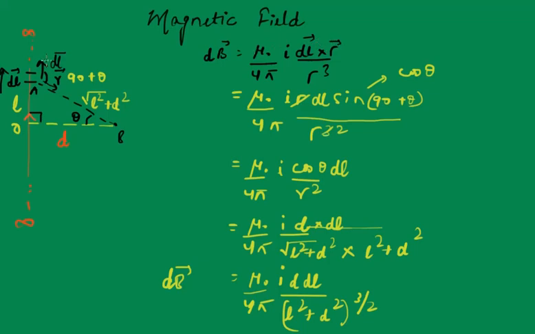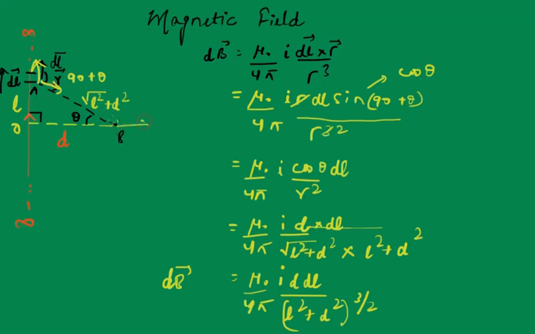So in this expression, dl vector is in this direction, and r vector is in this direction. So this is the r vector and this is the dl vector. If you do the cross product, what will you find? So let's say